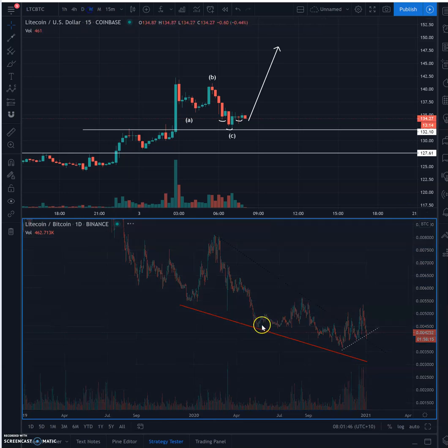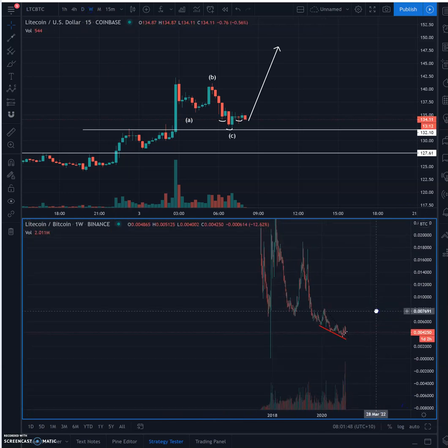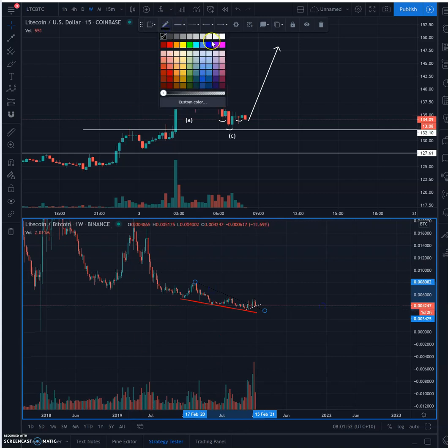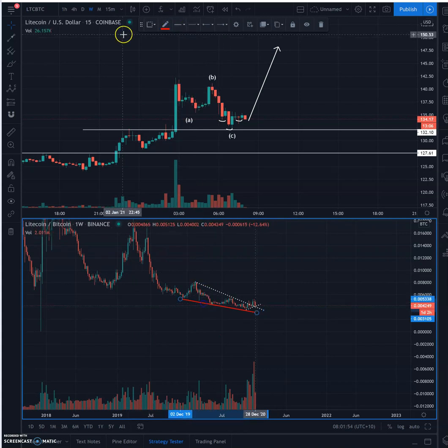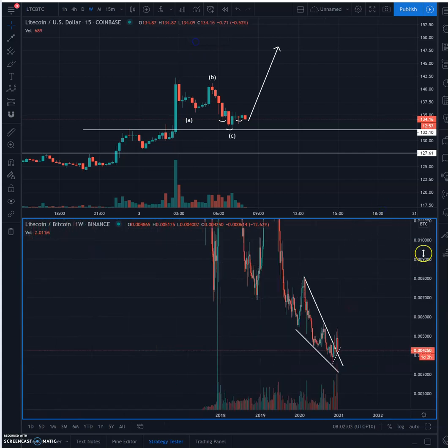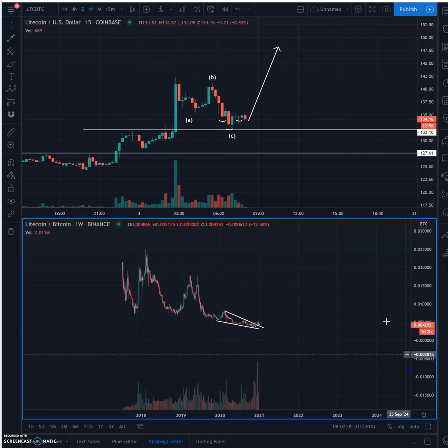So the first thing I want to point out with Litecoin Bitcoin is there's a nice clear ending diagonal on the Litecoin Bitcoin pair, which has been forming on the weekly chart for quite a few years now. Just going to change this to a full line. So obviously we had a nice massive bear market for Litecoin Bitcoin. Bitcoin's just been absolutely outperforming in every possible way. ABC, we had a big